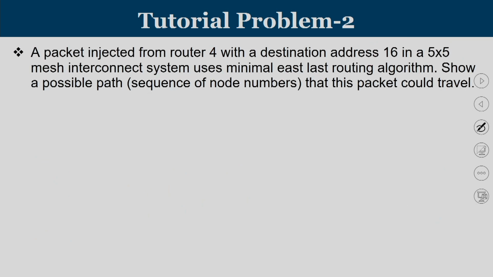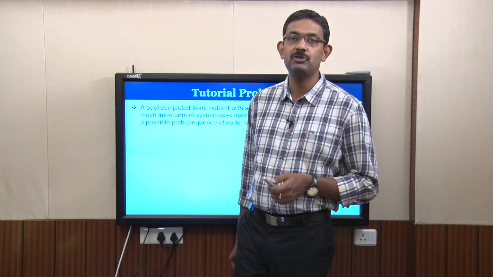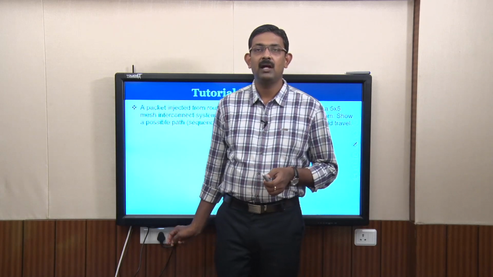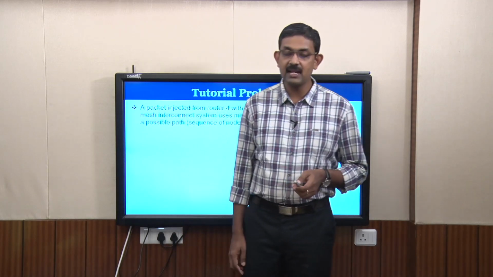Now, let us move on to the next problem. A packet injected from router 4 with a destination address 16 in a 5 by 5 mesh interconnect system uses minimal east last routing algorithm. Show a possible path, that is a sequence of nodes that this packet could travel. So, there are 2 aspects. First is we should know that this is a 5 by 5 network and we are following east last routing